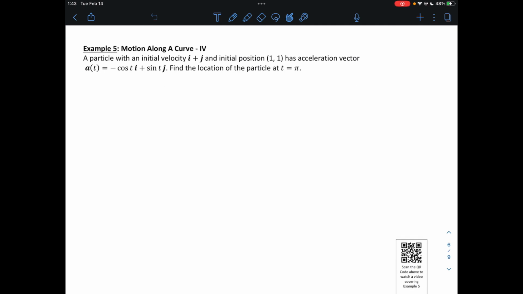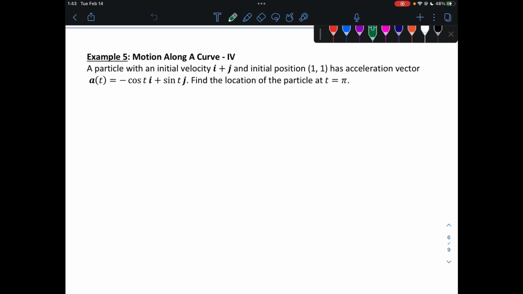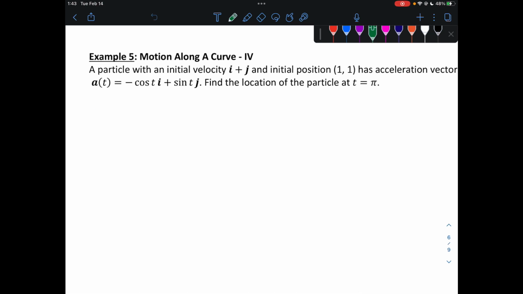Okay, example 5, motion along a curve again. A particle with an initial velocity i plus j and initial position 1, 1 has an acceleration vector a of t. Find the location of the particle at t equals pi. All right, so the first thing we're going to do is write a velocity function. So I have v of t, and it's going to be the integral of a of t,